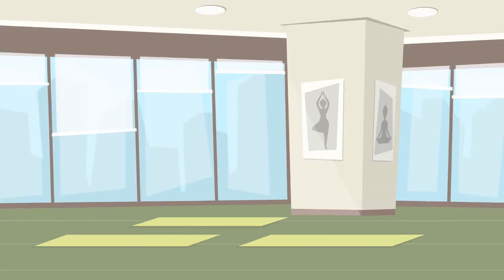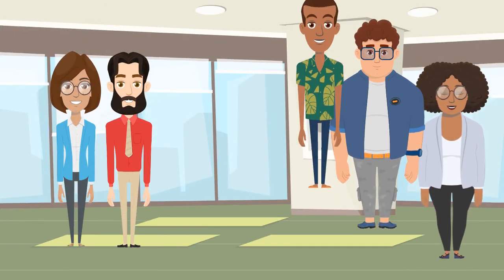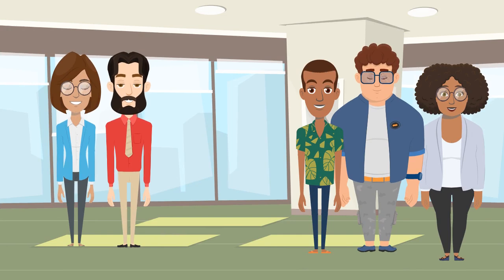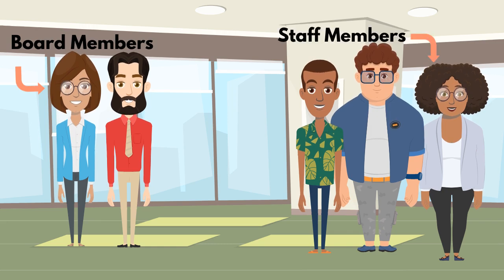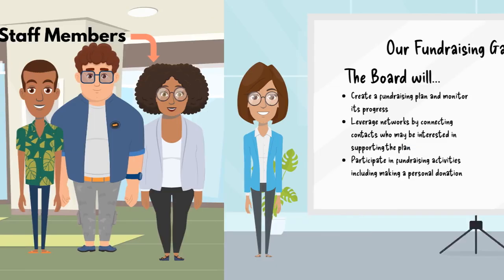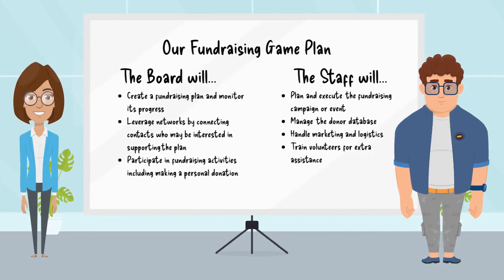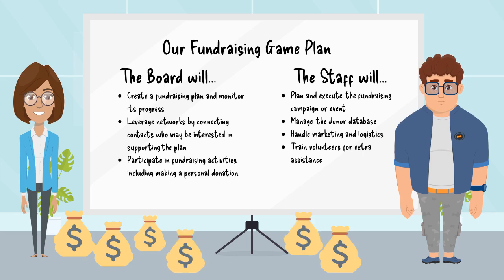Now that we've gone over both roles, let's go back to our story. The group reconvenes after lunch and reviews the issue at hand: fundraising. What are some ways these board members could contribute to solving this problem? What about the staff? If you were thinking about something similar to the following tasks, you're right. Now that everyone on the nonprofit team has a job, it's clear how the goal can be executed. Before they know it, the little nonprofit will be raking in the donations.